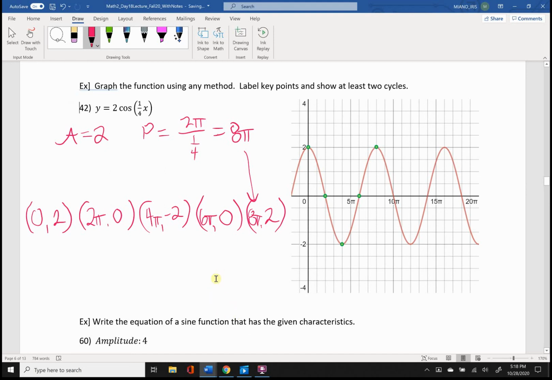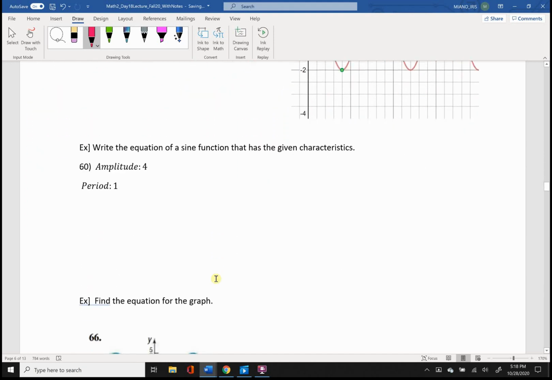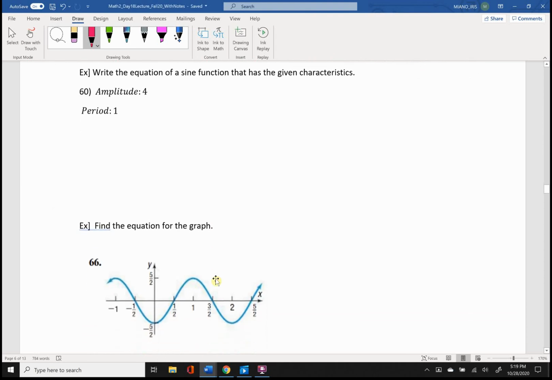All right, cool. Now let's go ahead and do 2 more examples from this section in which we are going to just take the amplitude and the period of a yet to be written equation and come up with what the sine function would have to look like for that. Well, if your amplitude is 4, then that's going to be the multiplier out in front. So we can go ahead and start this off and say that y equals 4 sine of